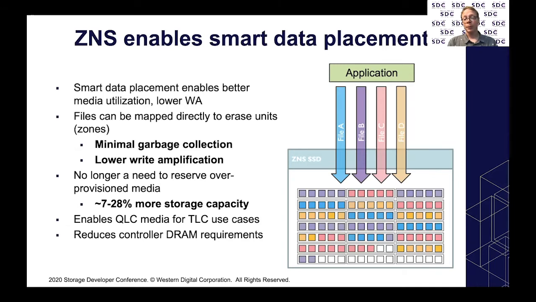And because the system level management of the media is now more efficient, we can now enable QLC media where TLC has previously been used. QLC generally has a lower number of erase cycles, so reducing the write amplification can enable the same use cases on QLC as on TLC. So we can make up for the lesser number of erase cycles on QLC